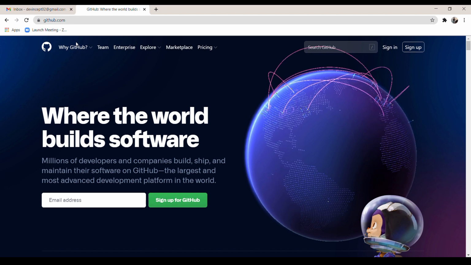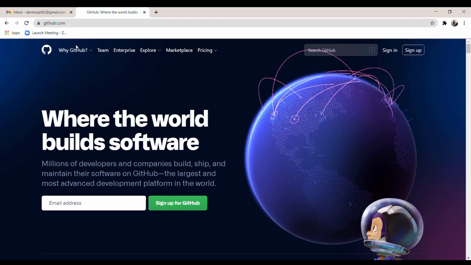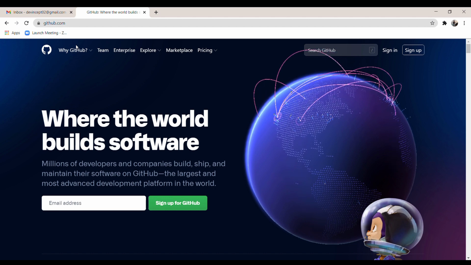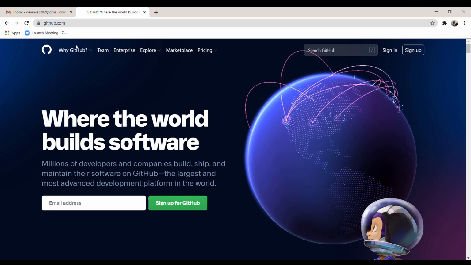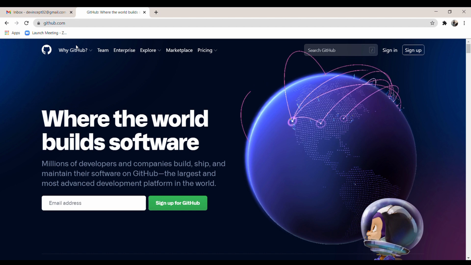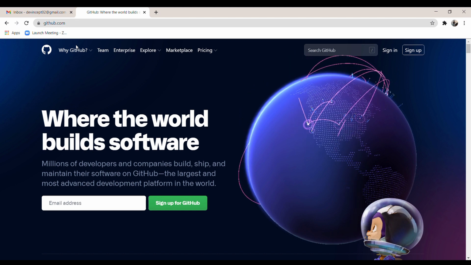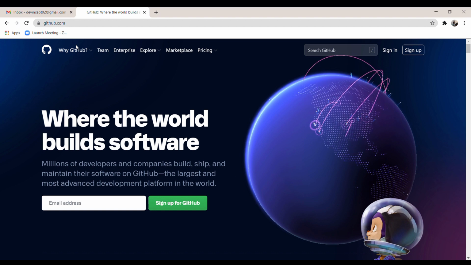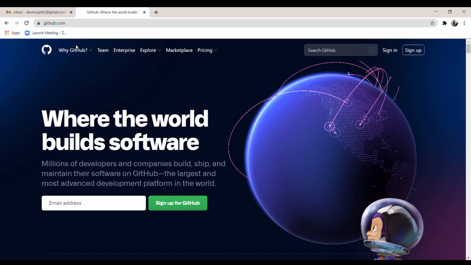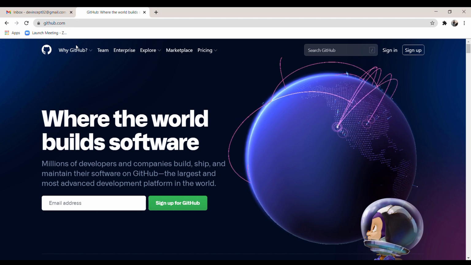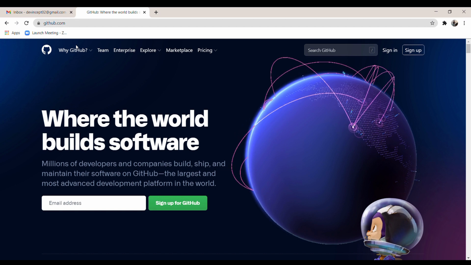So let's get started. First of all, what is GitHub? It is a web-based version control and collaboration platform for developers. It allows developers to change, adapt and improve software from its public repositories. Why is it used? It simplifies the process of working with other people and makes it easy to collaborate on projects. It lets you and others work together on files and projects from anywhere.